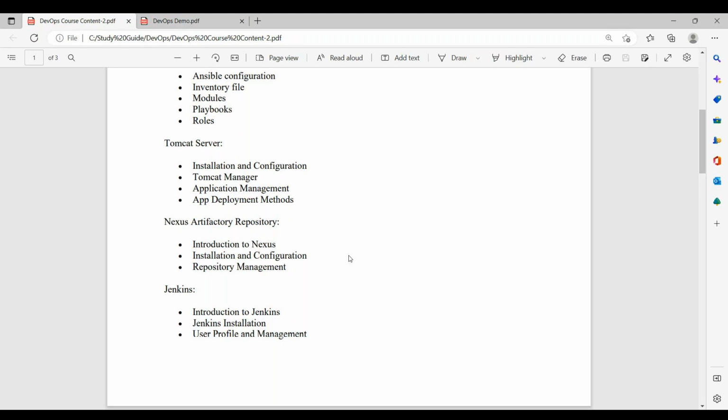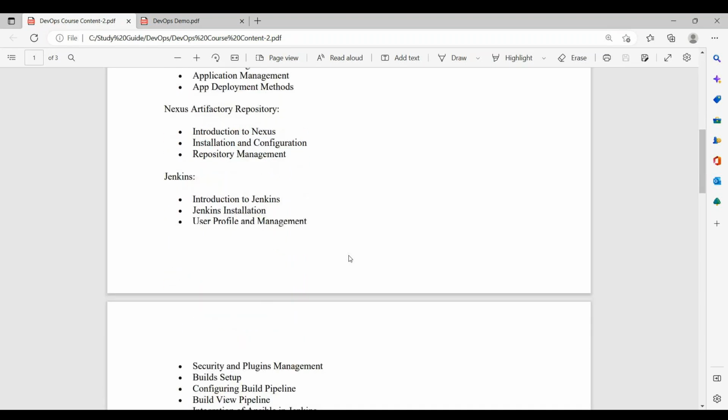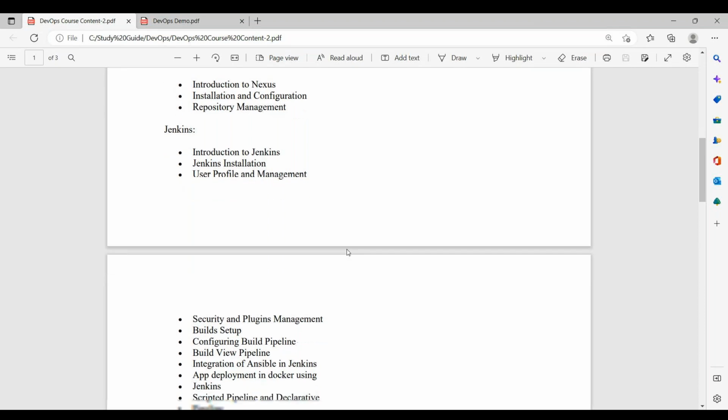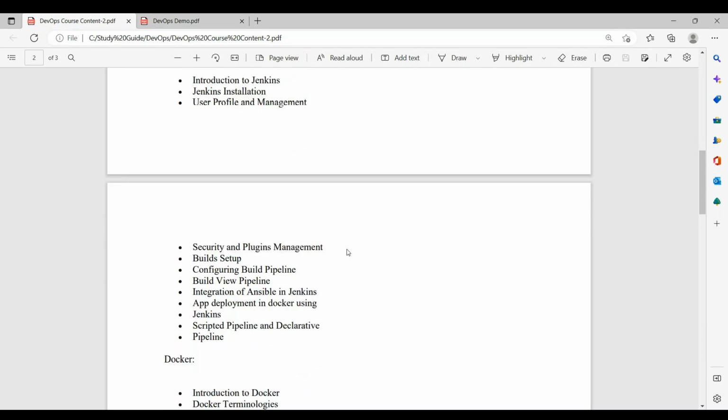And then after that, the next topic that we'll look at is Jenkins. So Jenkins is one of the important tools here. In Jenkins, we'll be seeing the administration part, where we'll install and manage Jenkins, and then we'll implement user management in Jenkins. And we'll talk about the usage of plugins, how they're used, and what plugins are required for the generic implementation. So we'll look at that, and then we'll see how we can build a Jenkins job, and we'll see